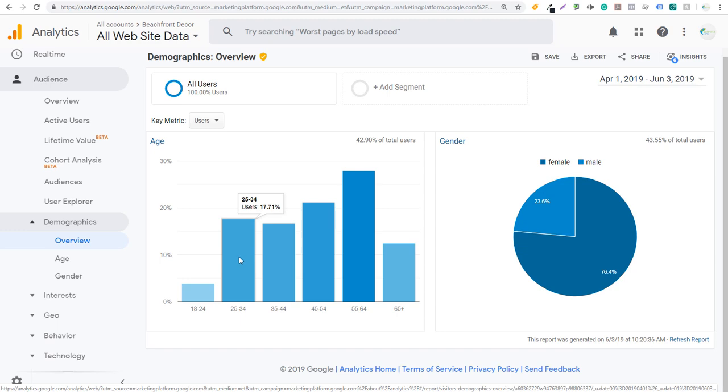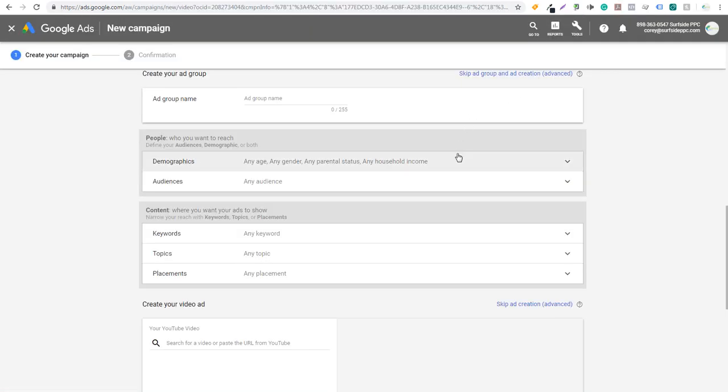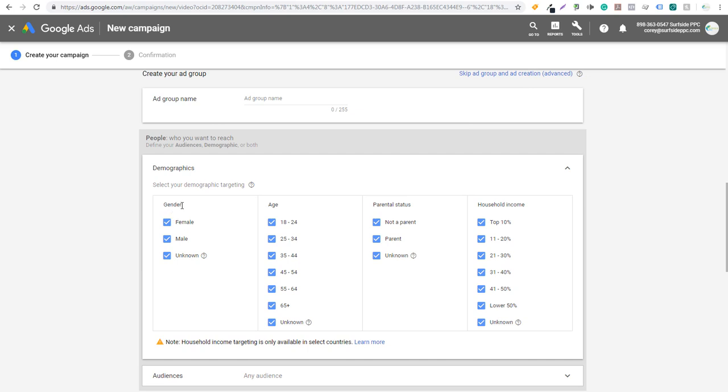So if I say, okay, maybe I want to reach people who are 25 to 64, or I could just really focus on 45 to 64, because that's really a huge portion of my visitors. It's about 50% total of my visitors are 45 to 64. So if I'm really trying to drive conversions, if I come in here to demographics, I can say gender,